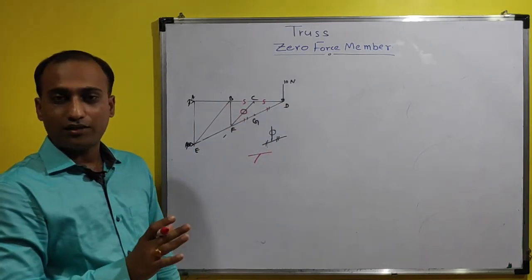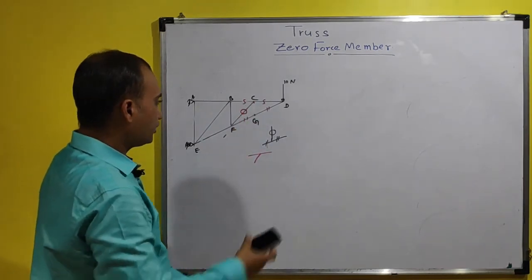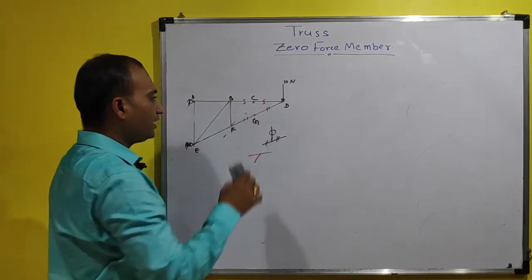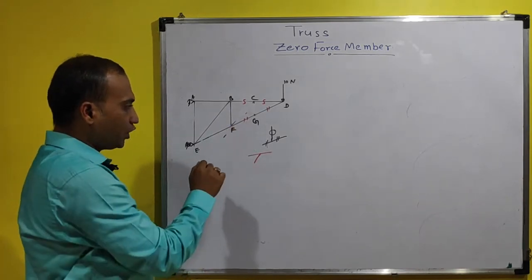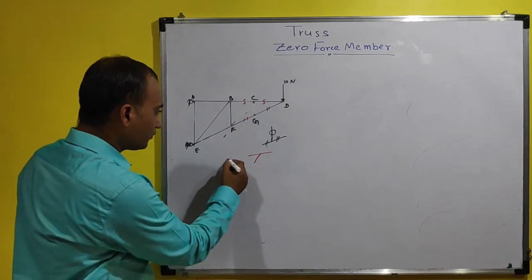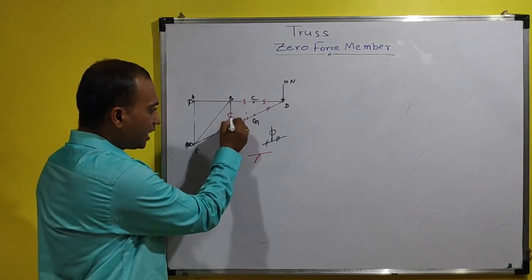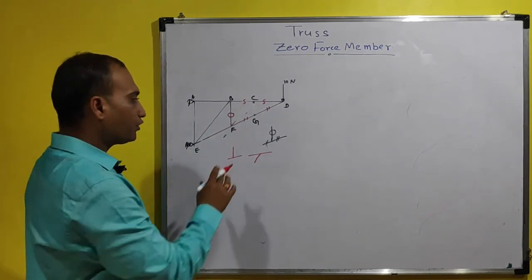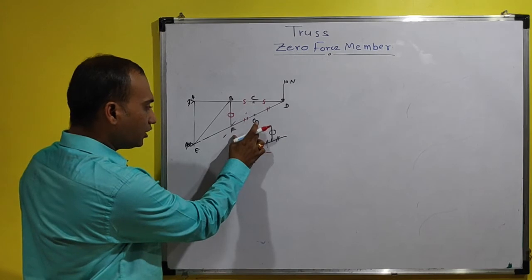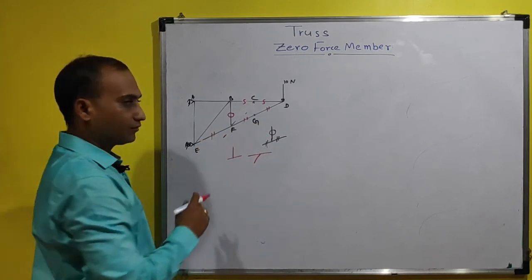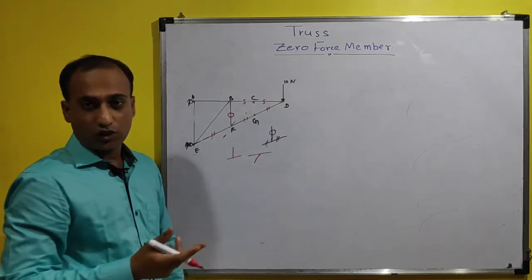Now what do we have to do again? We have to consider that this FC member is not in the system. So let's assume that this member is not in the system. Now again we will find the joint F where it is making a T like this. Then again the member which is making the T has zero force, and the forces from the other two collinear members are equal. Means force in FG should be equal to force in FE. So the forces in EF, FG and GD are equal.